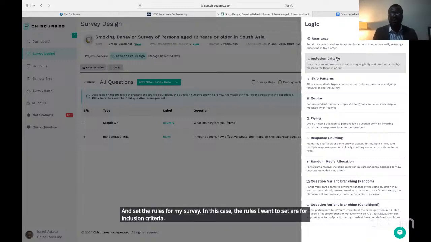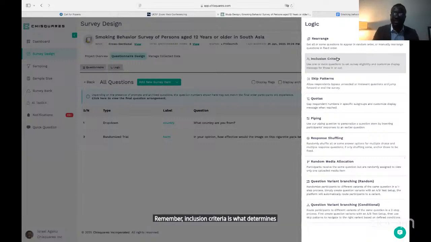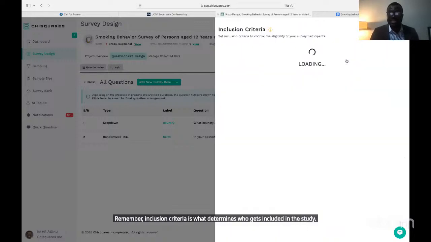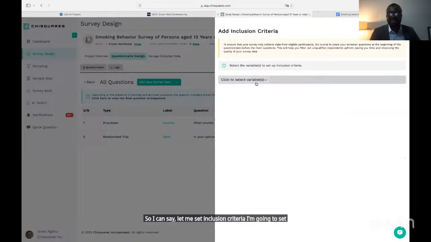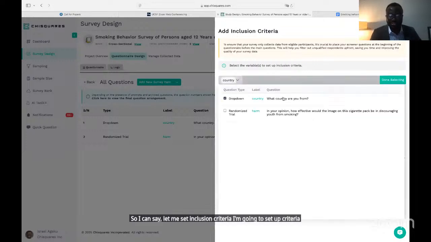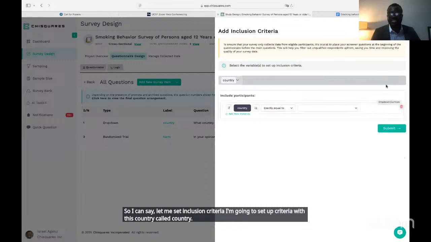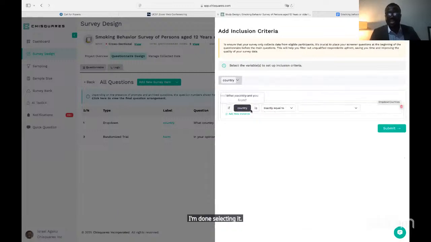Remember, inclusion criteria is what determines who gets included in the study. So I can say, let me set inclusion criteria. I'm going to set up criteria with this country called country. I'm done selecting it. And my rule is, if country is containing any of